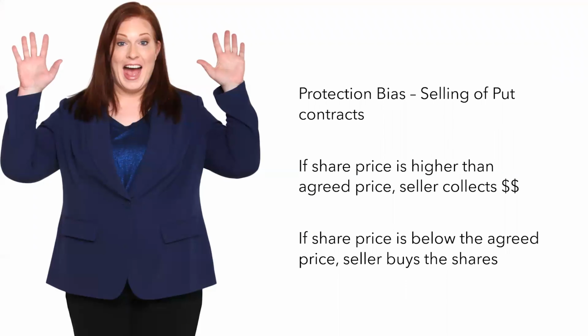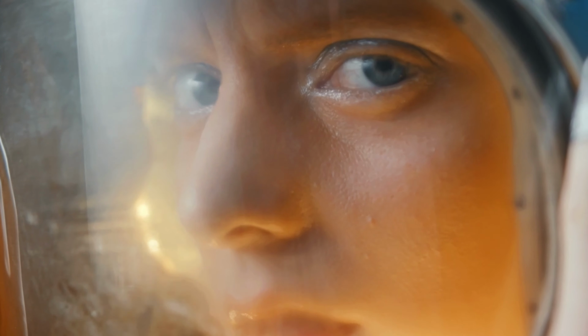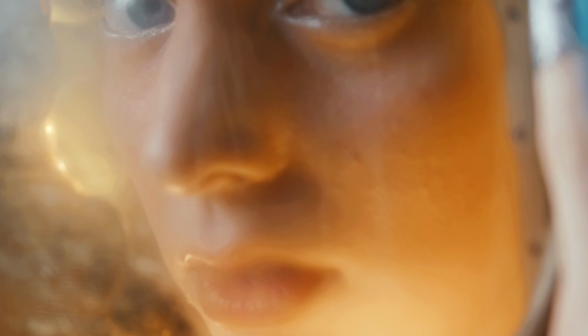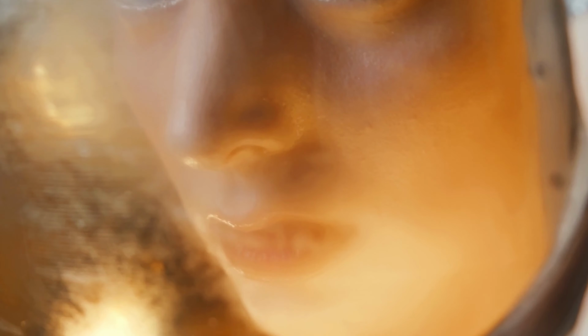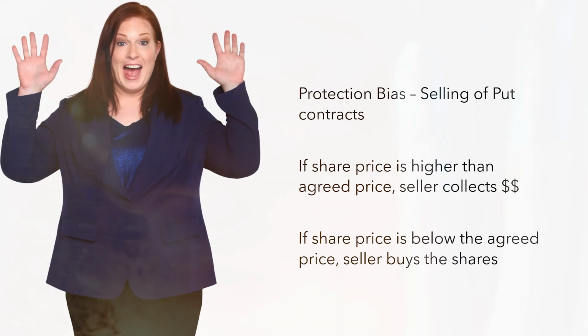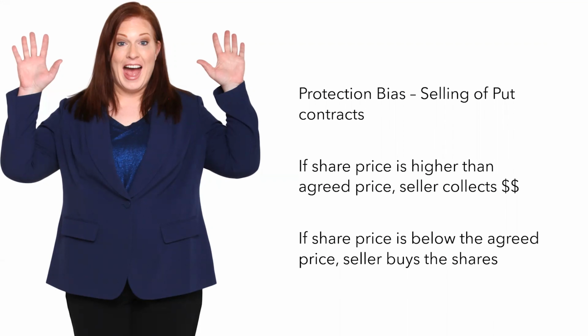Now, being in a put option situation, generally, my own strategy, or the way I see it, is that put options are more of a protection bias, meaning I tend to be the seller of the put contract. So how does it work? Being a seller, when you agree to sell the put contract at the agreed price, if the share price at the end of expiry is higher than the agreed price, you keep that money that you've collected. Remember, as the seller, you collect money, you collect premium,